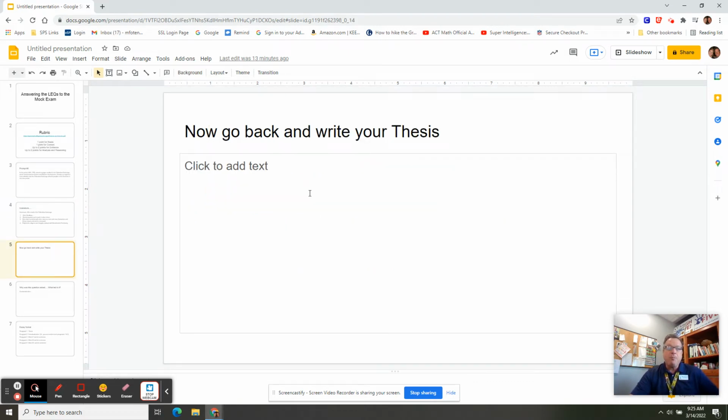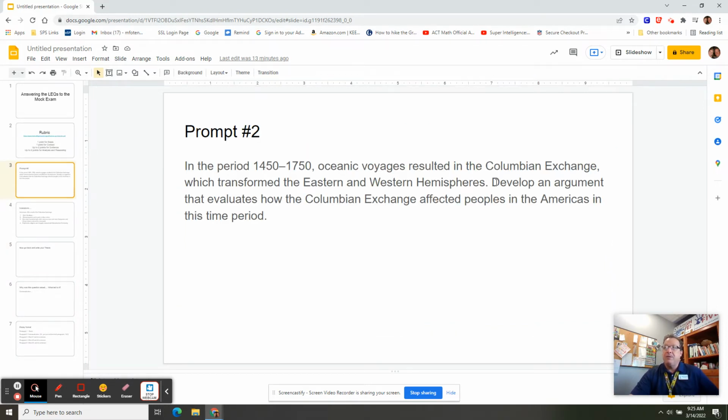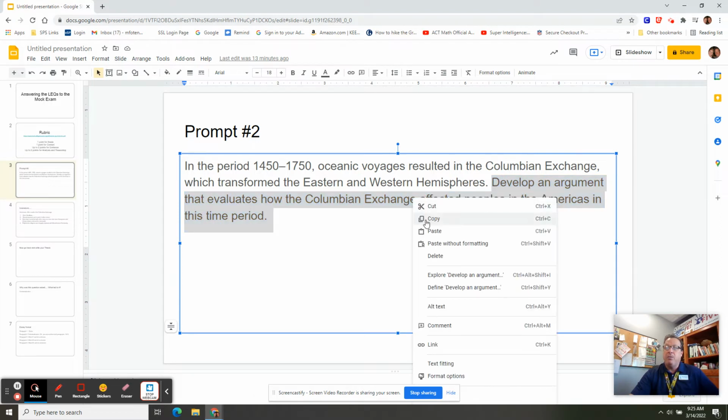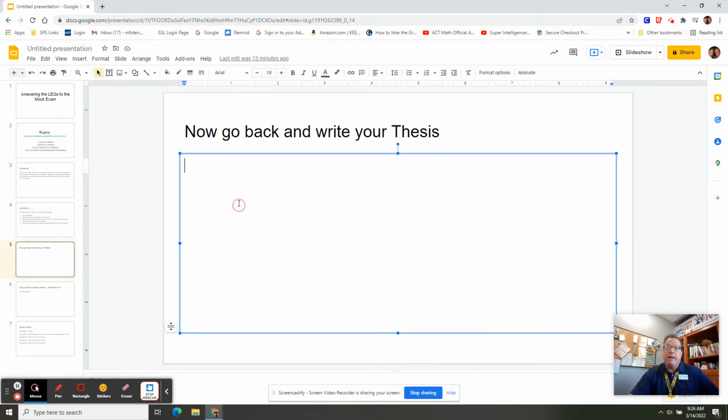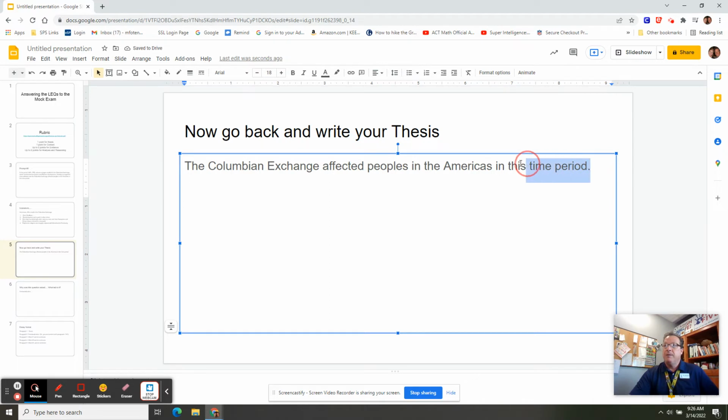But we got to do that thesis first. And so a good thesis here, anytime you see a thesis, I just simply want to come back and restate the prompt. So develop an argument that evaluates how the Columbian Exchange. So there's the beginning of it. The Columbian Exchange affected peoples in the Americas, and that time period was from 1450 to 1750